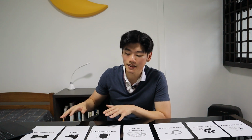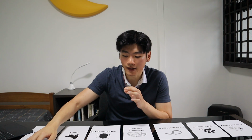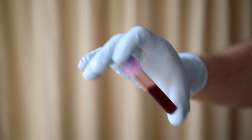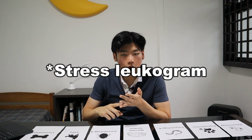So the last subject of semester 1 of DVM 2 that I studied would be Integument and Immunity. So I thought this subject was really fun because we actually learned more about how to interpret certain diagnostic tests. One of them being how to read your complete blood count. We learned how to identify if a dog is experiencing an inflammatory response, is experiencing something called a stress response, and more. I thought this was really cool because I felt as if I was finally studying vet stuff, if